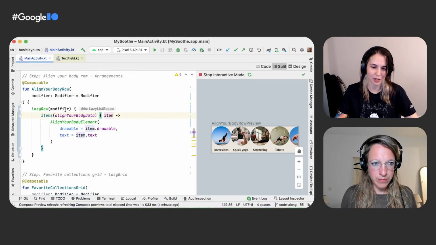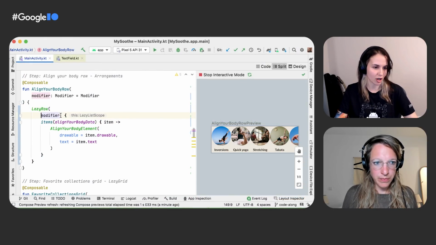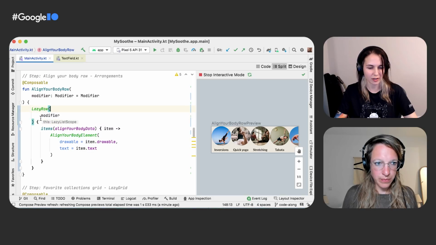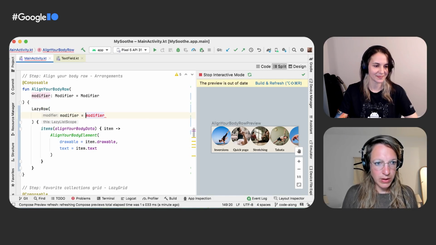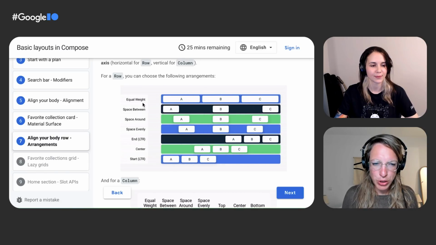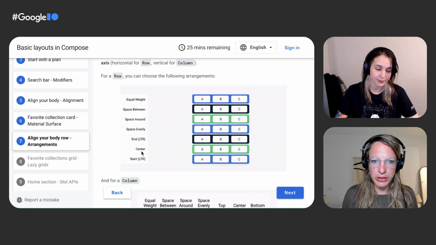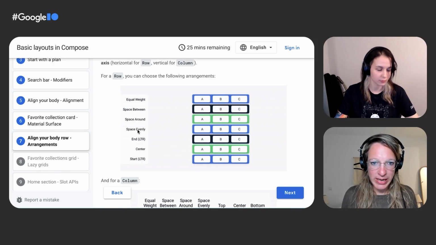But it's really important to know what all of the options are with arrangements. So in our composable, let's pass a horizontal arrangement to our row. Yes. So I'm going to quickly jump back into the CodeLab to show that there are a lot of different options here. So when you have a parent container, there are a lot of different ways in which you can lay out its children.